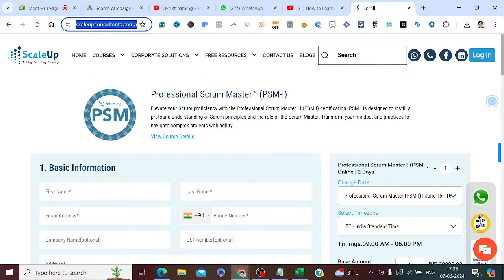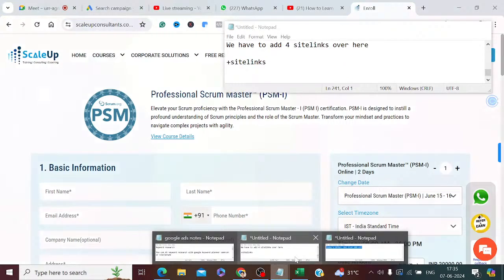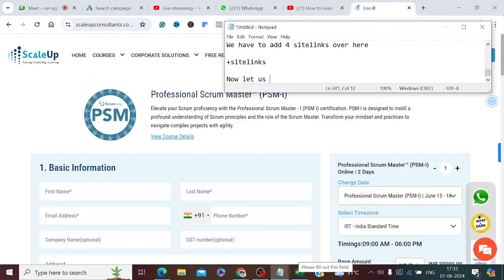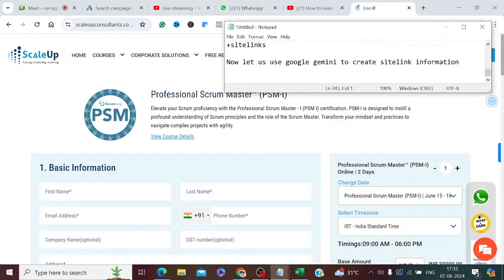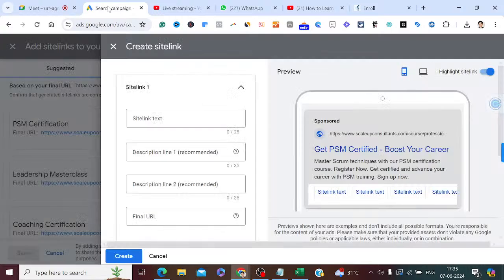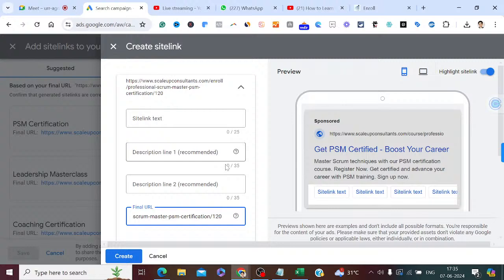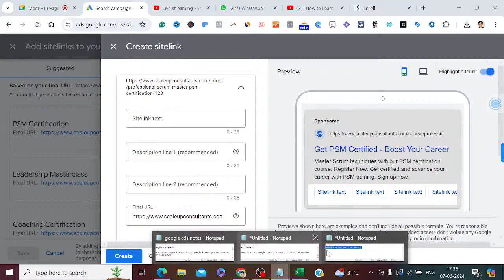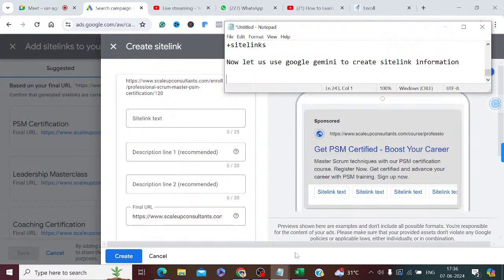Now let us use Google Gemini to create site link information. Copy the URL over here first. Prompt: